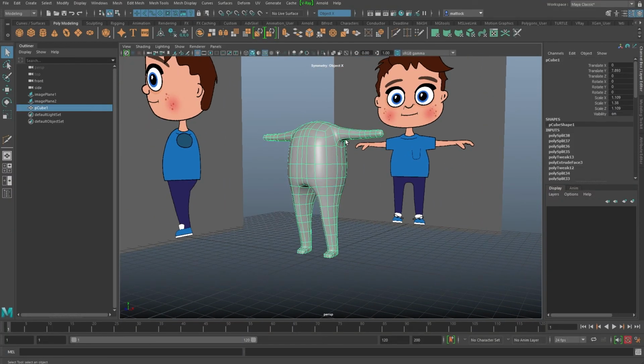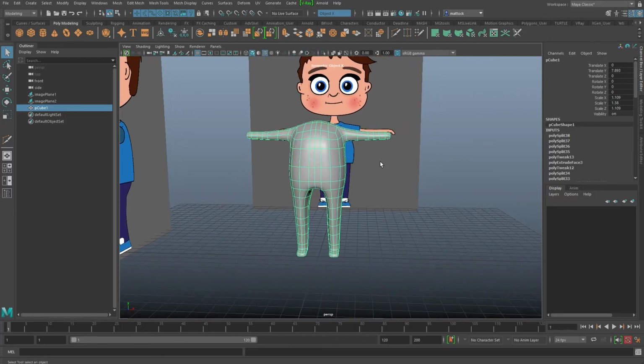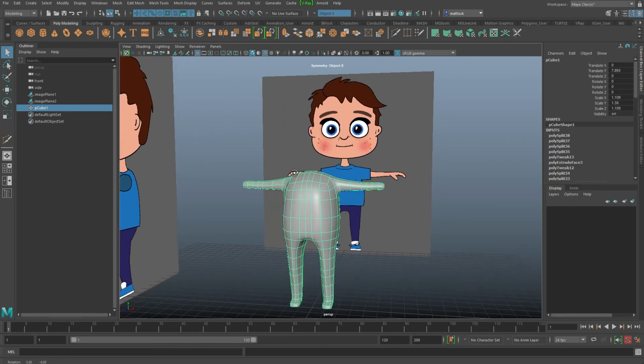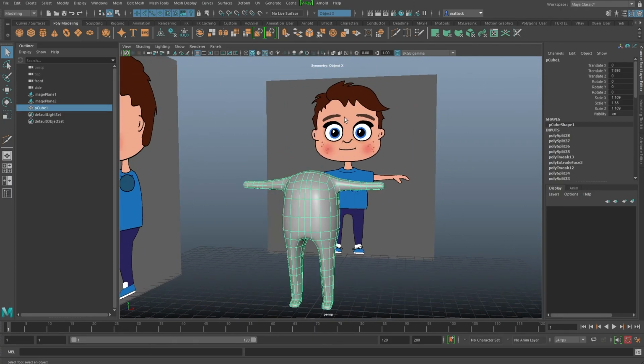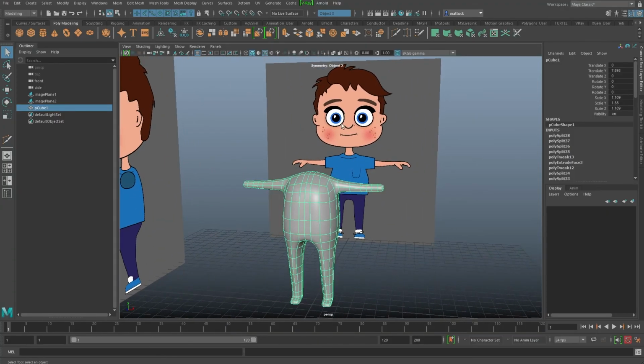So let's move on to video 3 now. Where we're going to refine his body and then build his hands, and then we're going to move on to his head. The head tends to be the most difficult part, the bit that people find the most trouble with. But we're going to tackle it separately and then attach it to the body. So let's move on, and I will see you in the next video, video 3. Thanks very much.